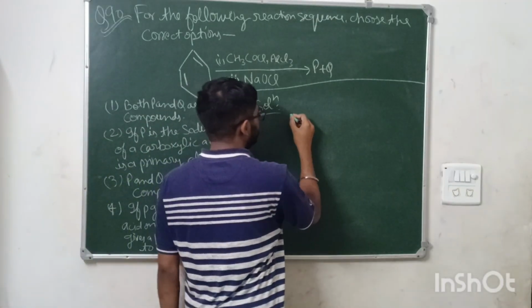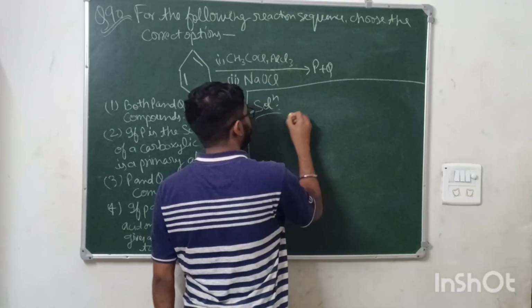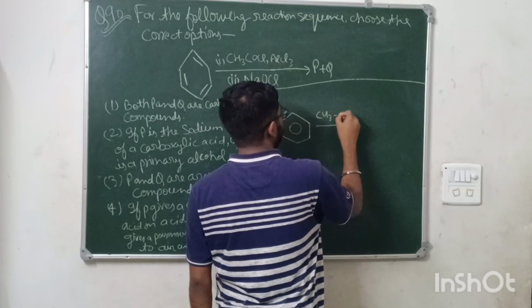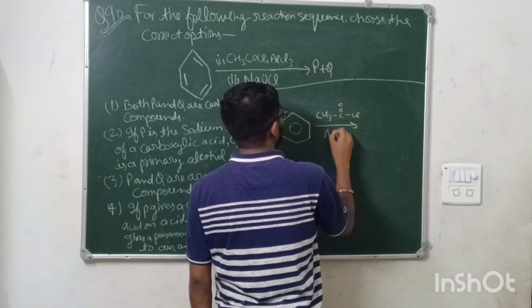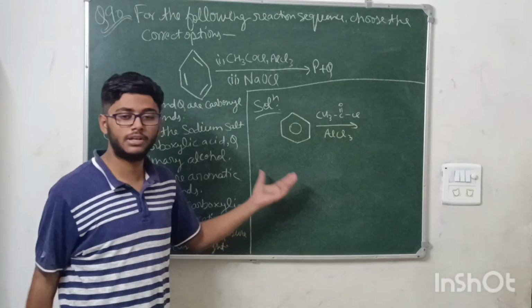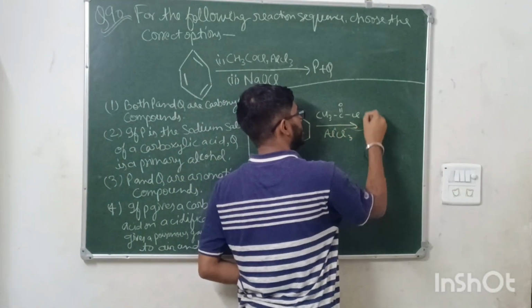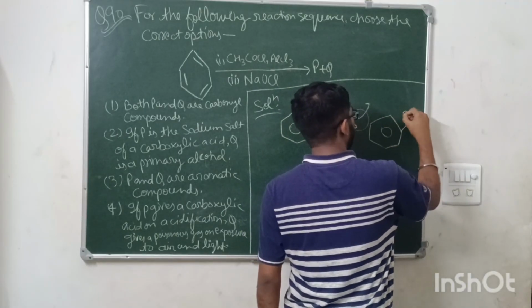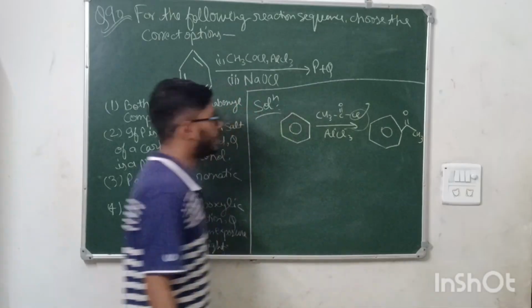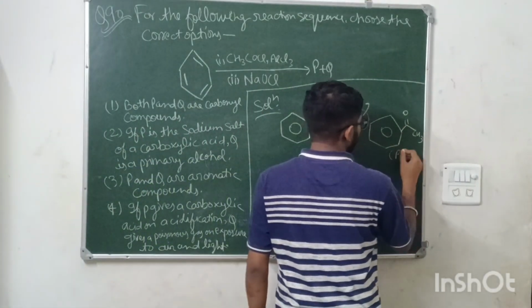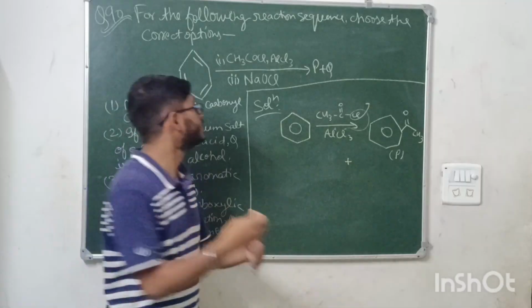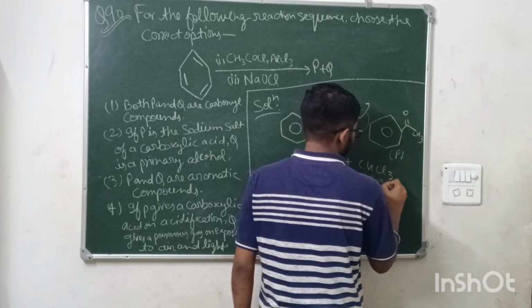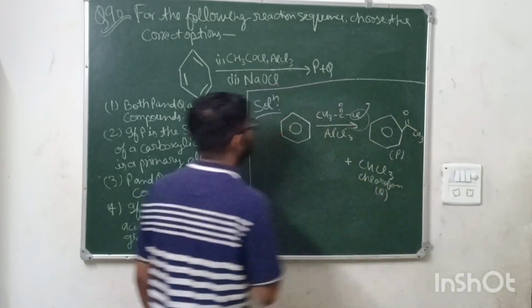So first of all, in this benzene, you have added what? CH3 C double bond O Cl in presence of AlCl3. This is what? This is Friedel Crafts reaction. Al plus Cl3 minus will take off from here, and your final compound that is formed is C double bond O CH3. This is the compound which is formed. P, this is what? Acetophenone, and a gas as a byproduct is released, CHCl3. This is what? This is chloroform. Compound Q.